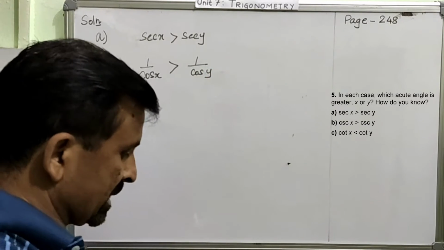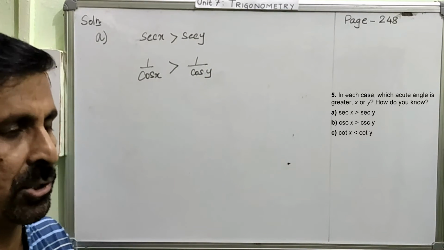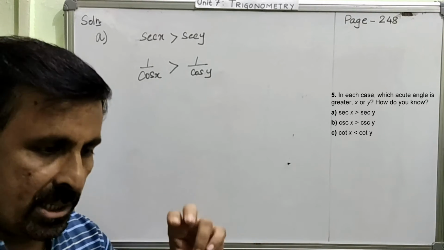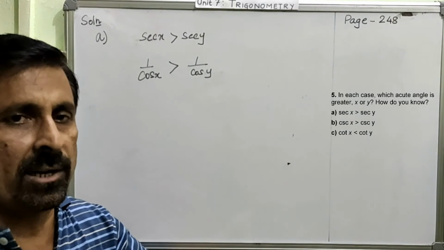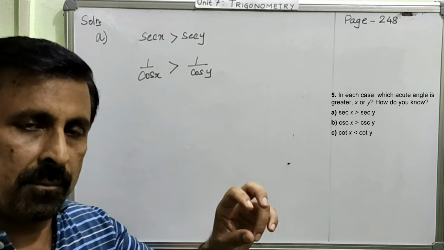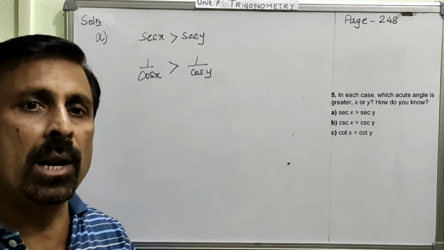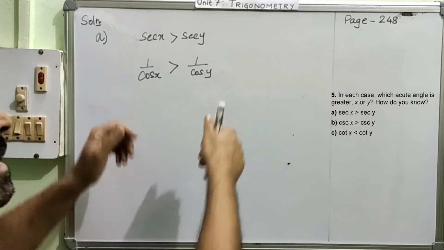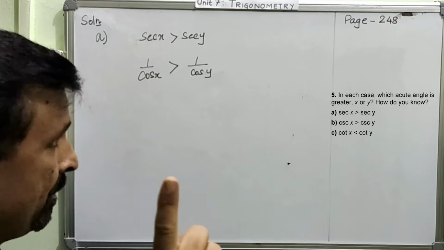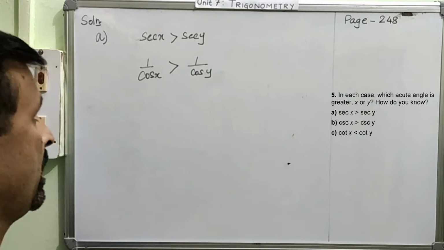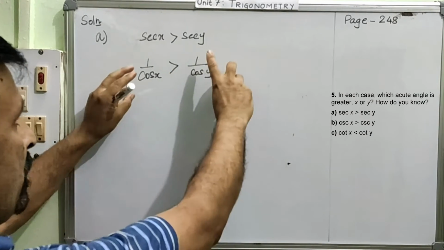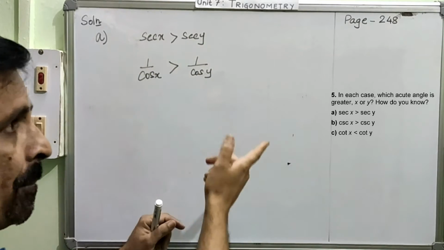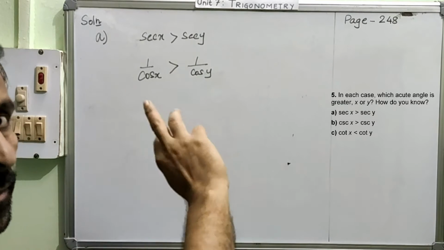Now, whenever you write this in the form of fundamental trigonometric ratio, it will come in the form of a fraction. So, we need to immediately turn it upside down so that we get our trigonometric ratio in the form of a whole number. Am I clear? So, now I am going to turn both sides upside down. Please remember, in such a case, when you turn this upside down, this sign will also flip.